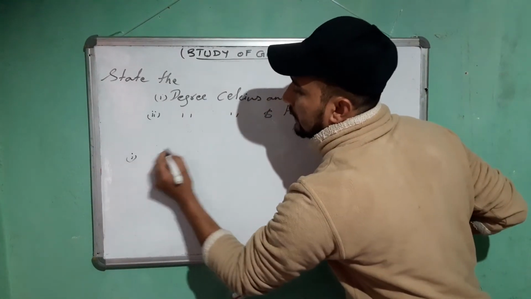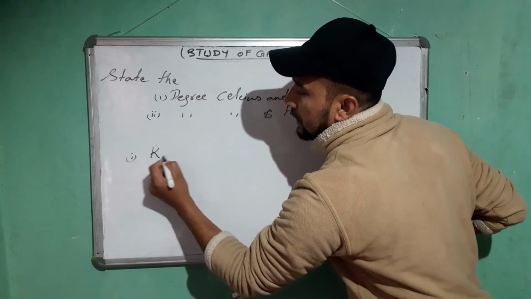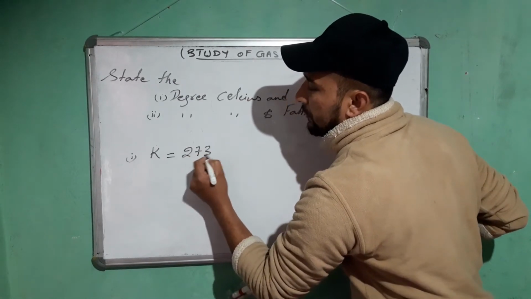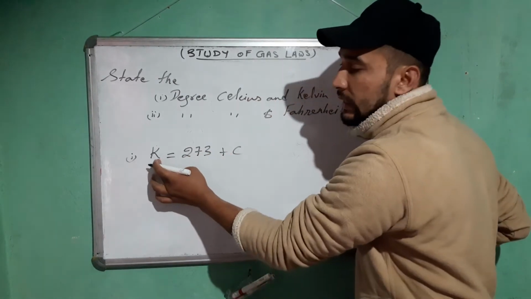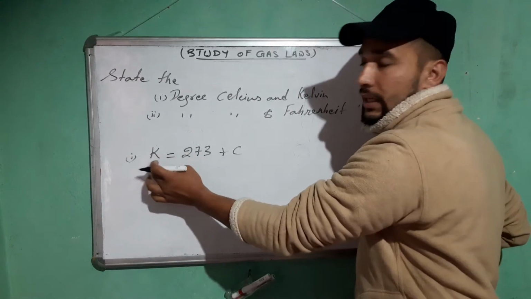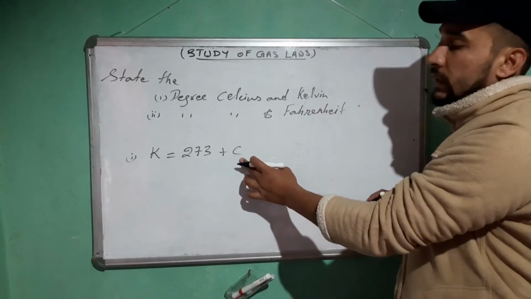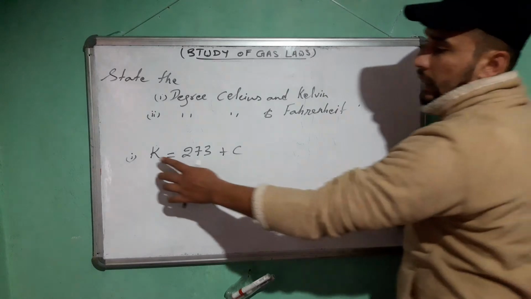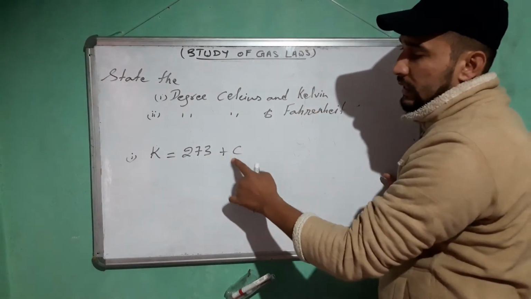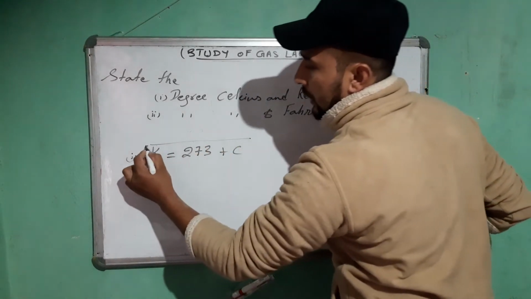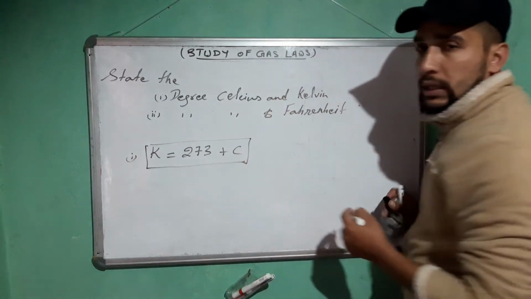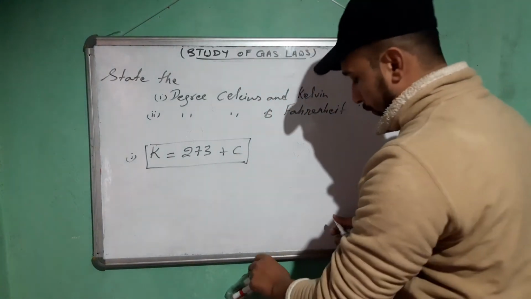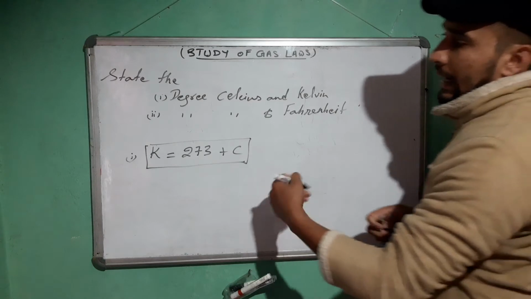number one, degree Celsius and Kelvin: K is equals to 273 plus C. K means temperature in Kelvin scale, and C means temperature in Celsius scale. So K is equals to 273 plus C. This is a very, very important relation. So you should remember this relation. Okay, while doing numericals, we have to use this relation. And number two,